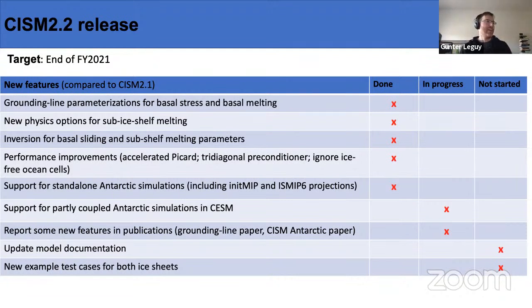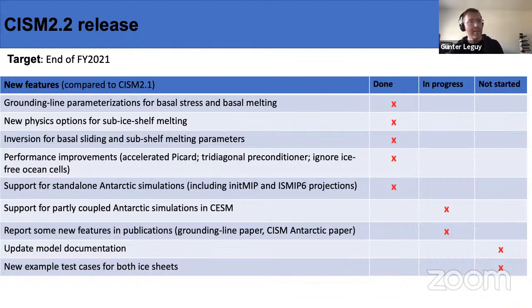But what you're going to get in this new release is pretty much highlighted in this table, and a lot of it is already underway and done. Among those, the Greenland parameterizations for basal stress and basal melting, a new physics option for sub-ice shelf melting for Antarctica, inversion for basal sliding and subshelf melting parameters for spin-ups and other experiments. Performance improvement, an accelerated Picard solver, which makes convergence of the solver faster, along with ignoring ice-free ocean cells